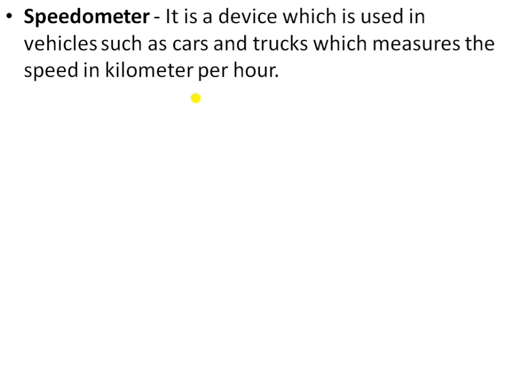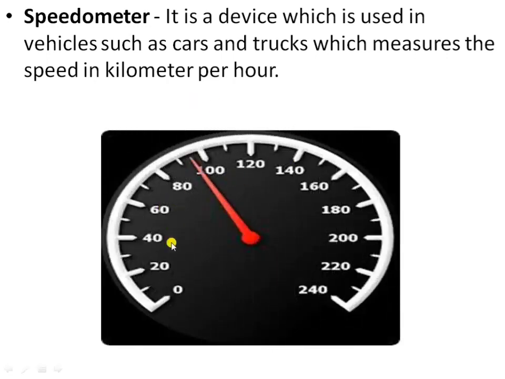So speedometer tells the speed of a moving vehicle at that instant of time. This is the picture of the speedometer. A speedometer is fitted on the top of a scooter or motorcycle. It can also be seen on the dashboard of cars and buses. You will observe that it has the unit marked as kilometer per hour written on it. Its display shows the speed of the vehicle.